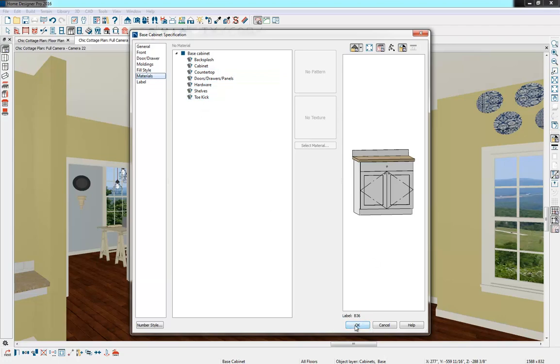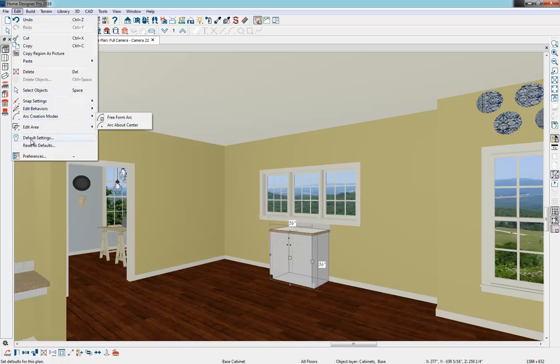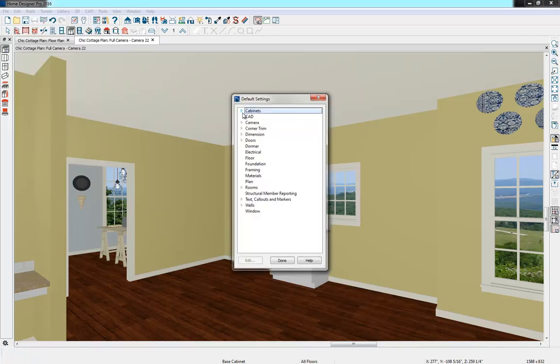Alright, so that's good. I'm just going to select OK. If this is a standard cabinet that you want to use throughout the rest of your design, you'll want to set this as a default. So that standard cabinet, that first one that I placed, is our default cabinet. And you can go up to Edit and click on Default Settings to set up your different materials, cabinet styles, and throughout the rest of our options here, if you have different door styles that you want to use throughout your design, just get into your defaults before you get started,